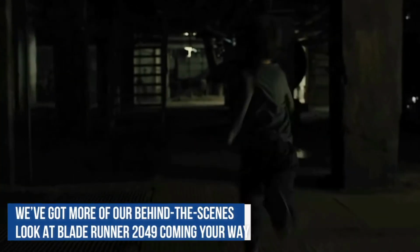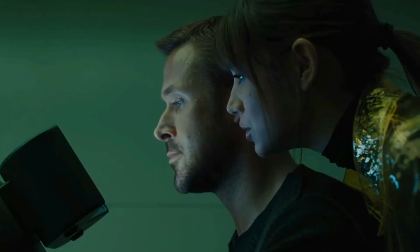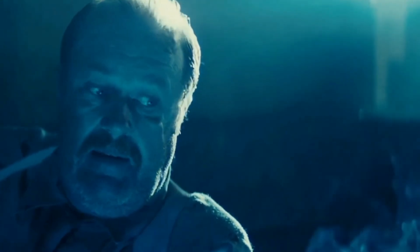Stay tuned and don't go away, because we've got more of our behind-the-scenes look at Blade Runner 2049 coming your way. So, how was Villeneuve's vision of Blade Runner 2049 different from Ridley Scott's vision? Let's have a look. When John Nelson was asked about what it was like to work on Blade Runner 2049